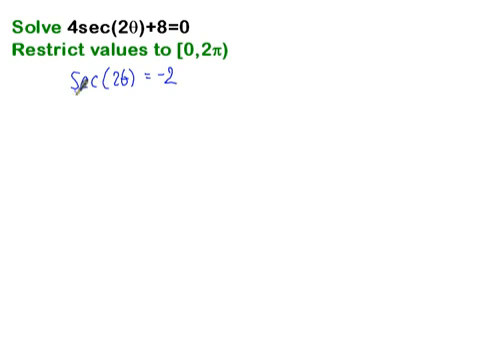Working with secant's a little difficult, so let's take the reciprocal of this. The reciprocal of secant is cosine 2 theta, and the reciprocal of negative 2 is a negative 1/2, because that's a 2 over 1. Now this is a little bit easier to work with, and just like the last problem, we're going to take 2 theta is equal to, and you have to find out where's cosine